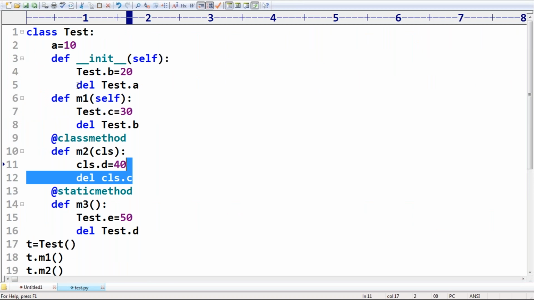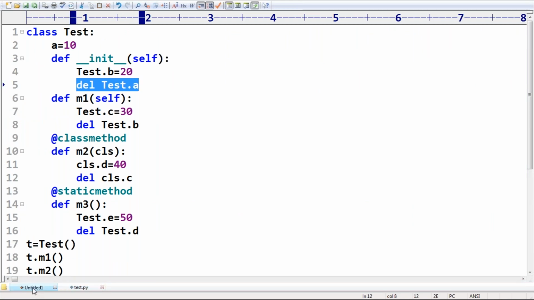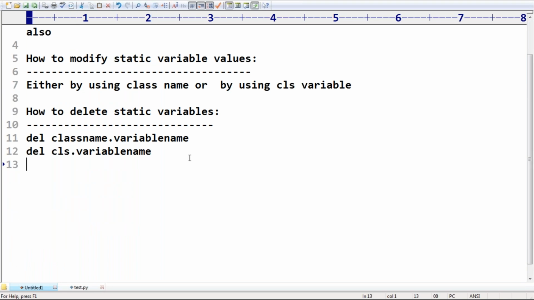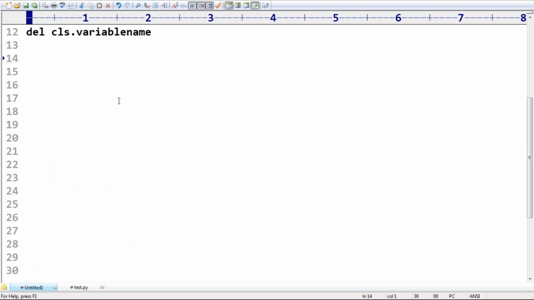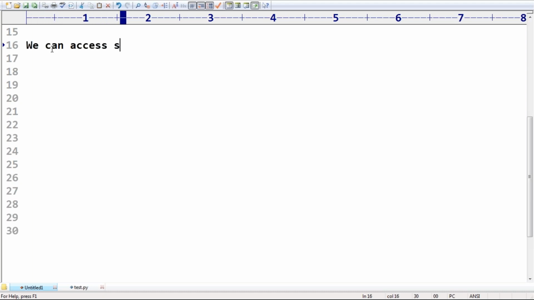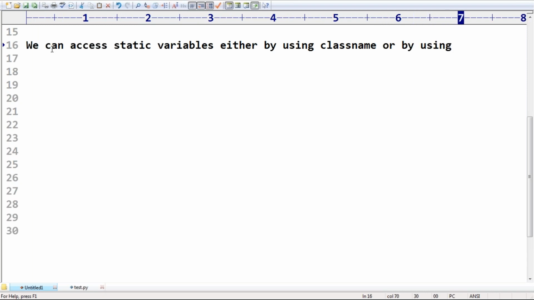So how you can delete, how you can access, these are the things you should be aware of about static variables. We spent almost two sessions only on static variables and instance variables, so that you can get much clarity. But there is one last thumb rule: we can access a static variable either by using class name or by using object reference,